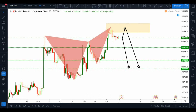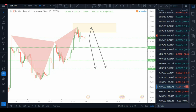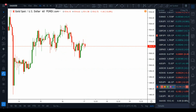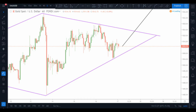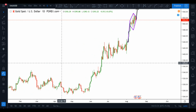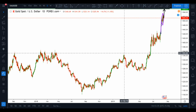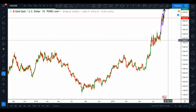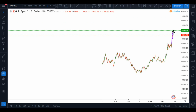Alright, so let's now get into the final analysis of this week, that is on gold dollar. Alright guys, first let me go into the daily time frame, and as you can see, gold dollar is in an uptrend. And if I zoom out this chart,